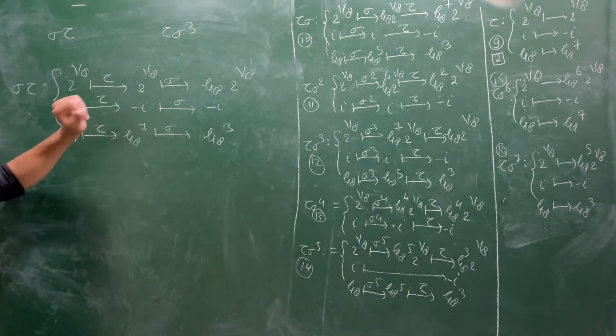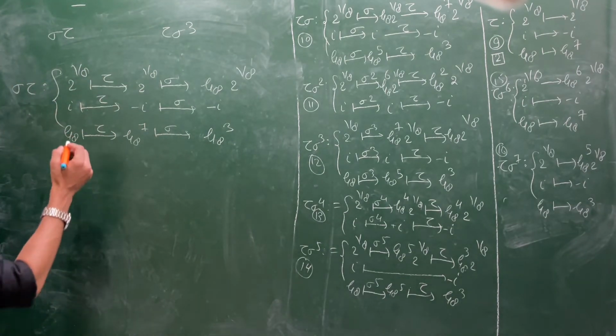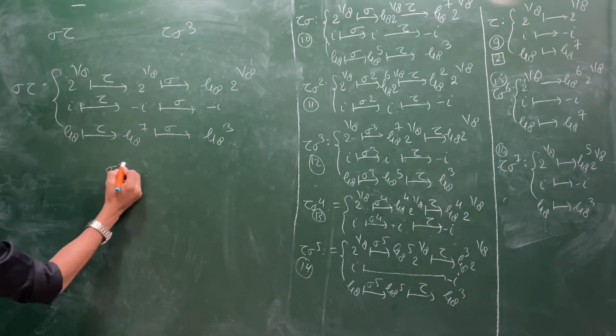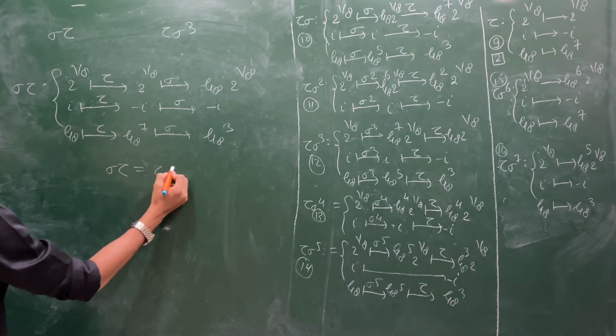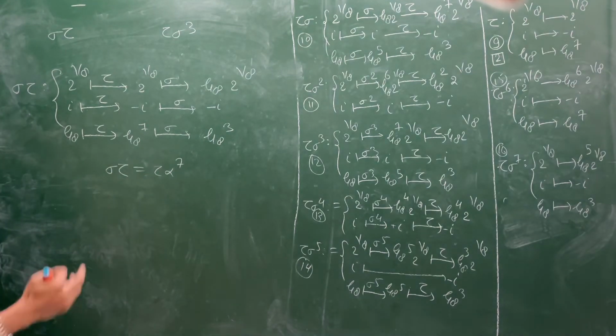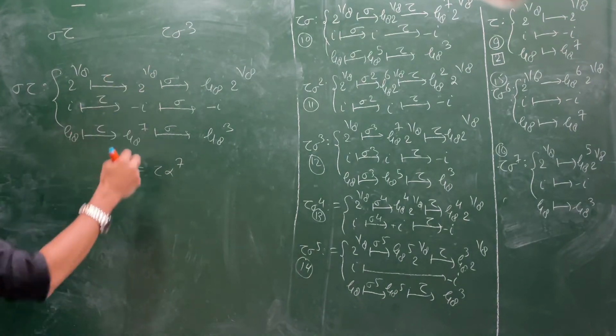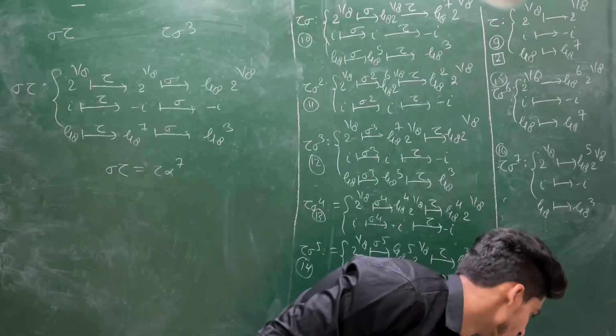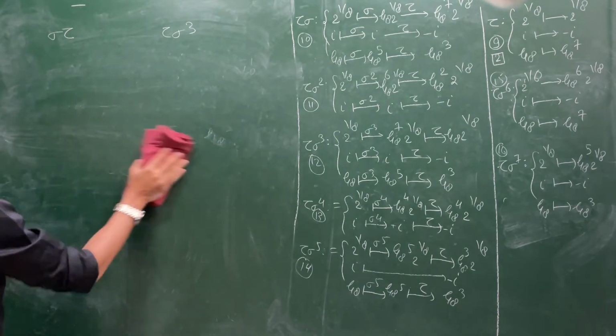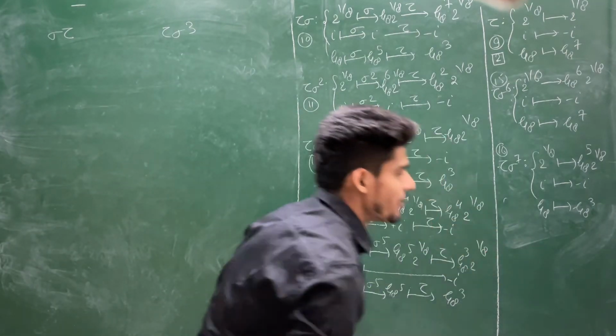So you lose that property. In the dihedral group, sigma tau should be the same as tau sigma power 7, but that is not possible here. We are saying the structure is this. So rather than writing the order, I am leaving it to you, you find the order. Let me write the relational definition of this group.